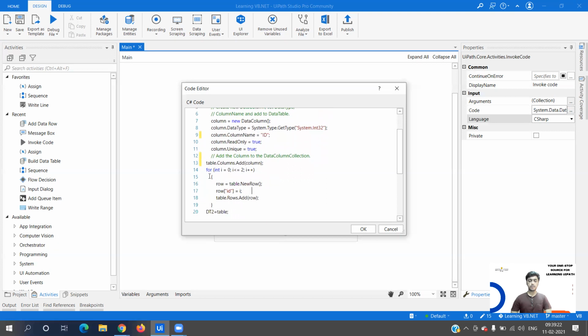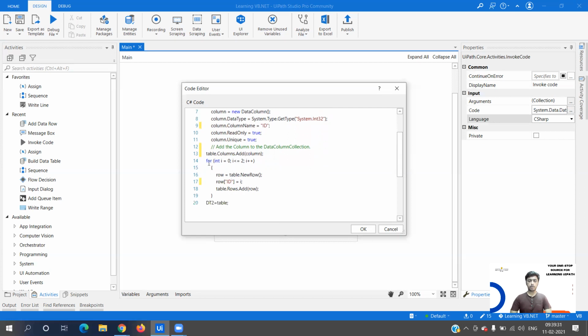Now what we are doing is we are going to add some values, right? I think that is what we changed the name. Yeah, we are going to run a for loop and we are going to add a few values to that. So from 0 till 2, so 0, 1 and 2, there will be 3 entries in our rows. And at the end, as I said, dt2 is what we declared in the arguments. We are assigning that complete data table, the entries that we have in our table inside this code, to the argument that we have created.